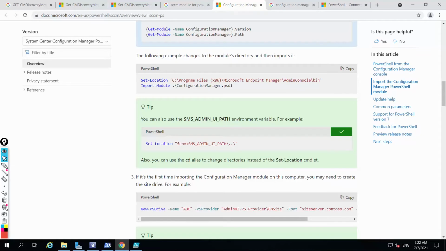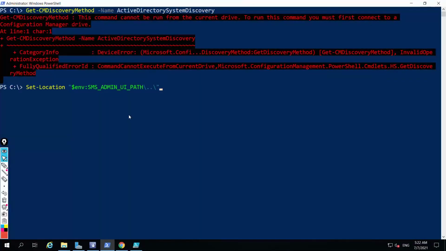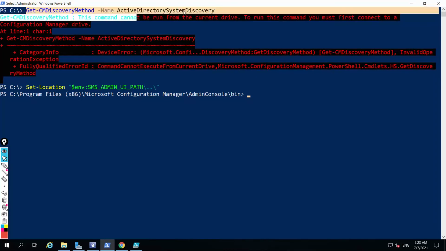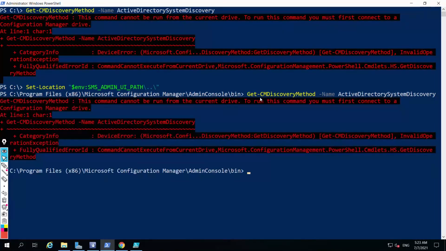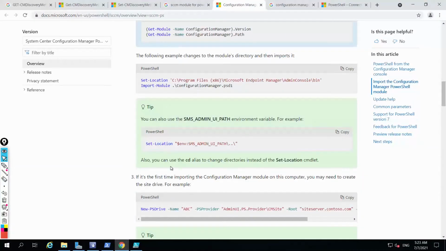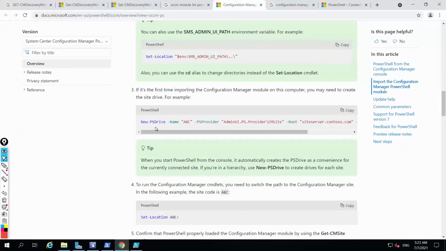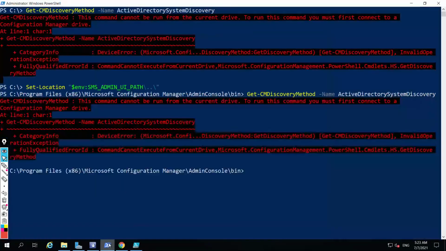Let me try this command again. I need to create a new drive because my drive is not created for PowerShell. So I'll copy this and paste it, but I'll make some modifications.